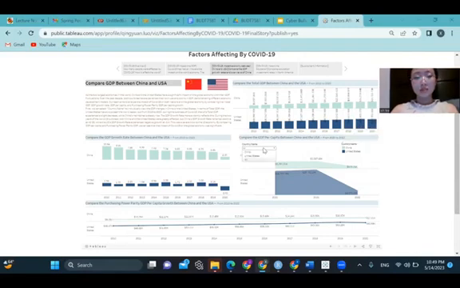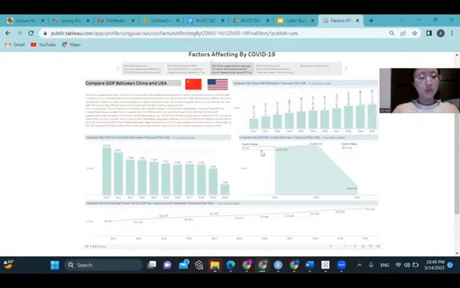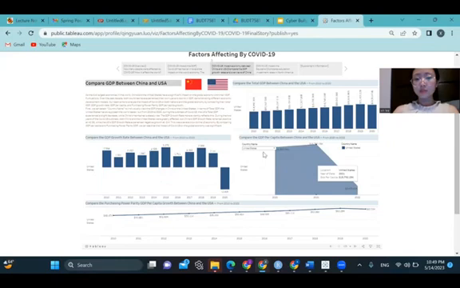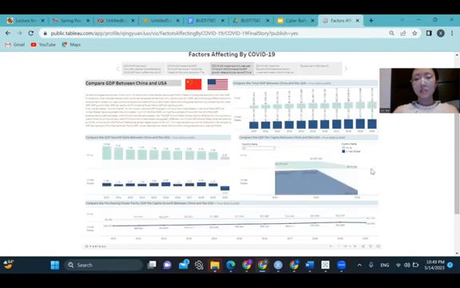Let's zoom in, only focus on China. At first, we can compare the GDP growth rate between China and USA. China has a positive GDP growth rate in 2020, but the United States has a negative GDP growth rate in 2020. Put them all together again and only focus on the pandemic year of the GDP per capita during the